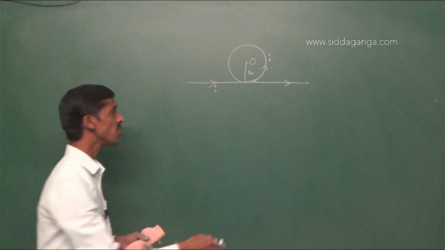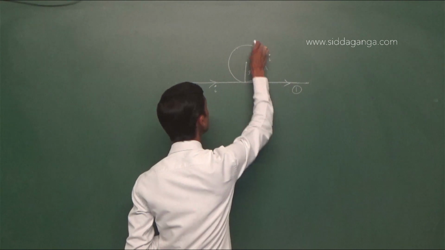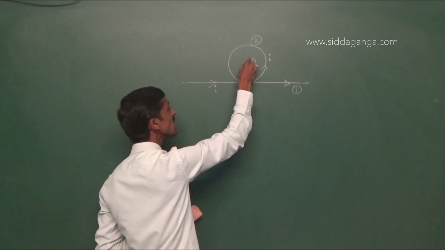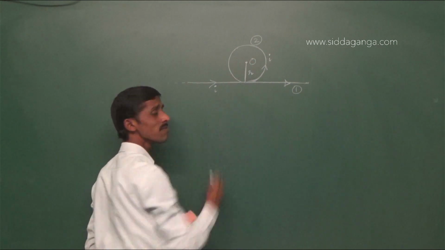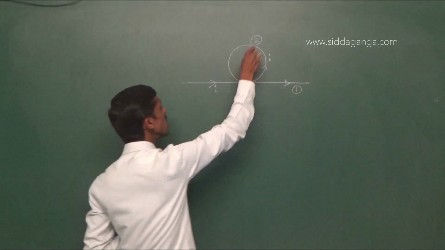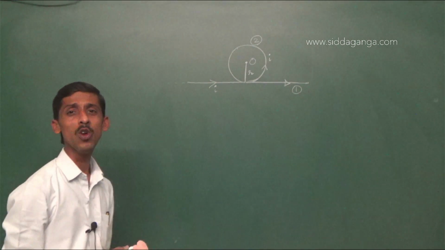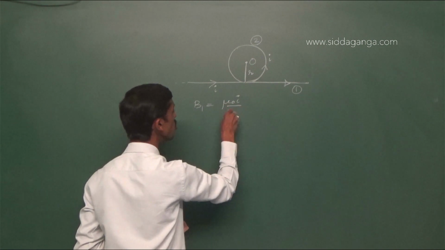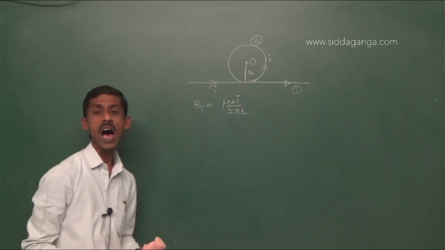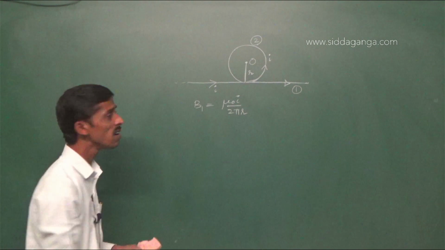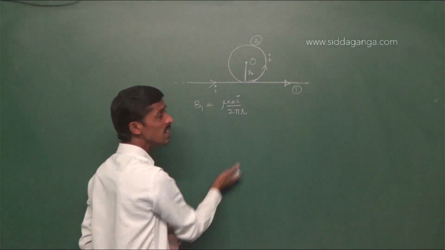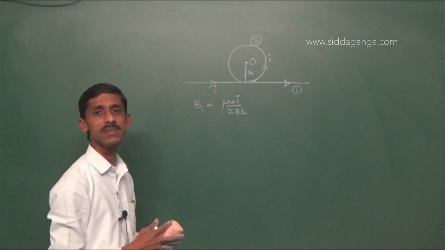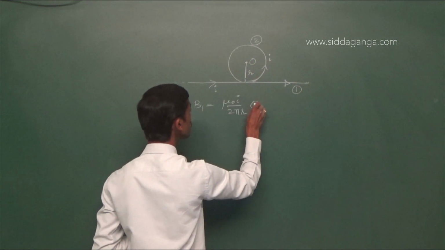There are two configurations. We shall give the names 1 and 2. One is an infinitely long wire and the point is at a perpendicular distance, and the second is a circular loop. So the magnetic field due to the straight, infinitely long wire is mu naught I by 2 pi R. According to the right hand rule, for the direction of this current, the magnetic field at the point P will be outward.